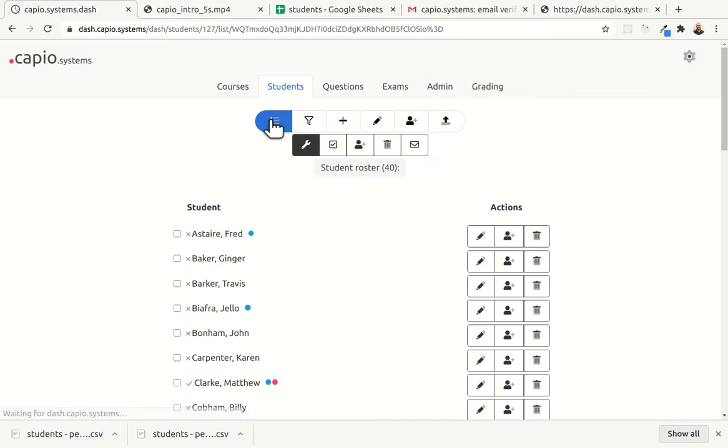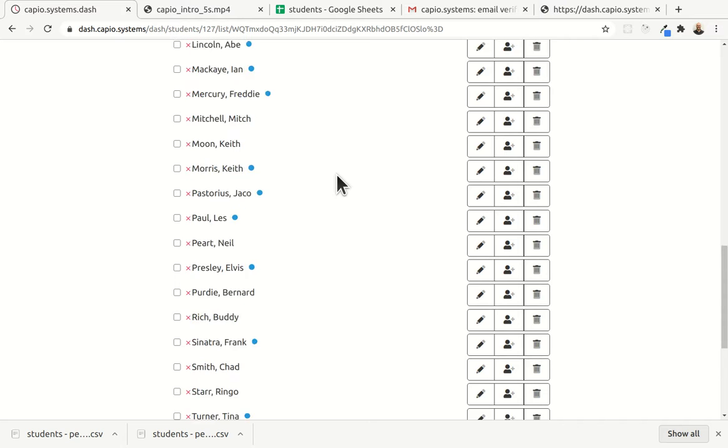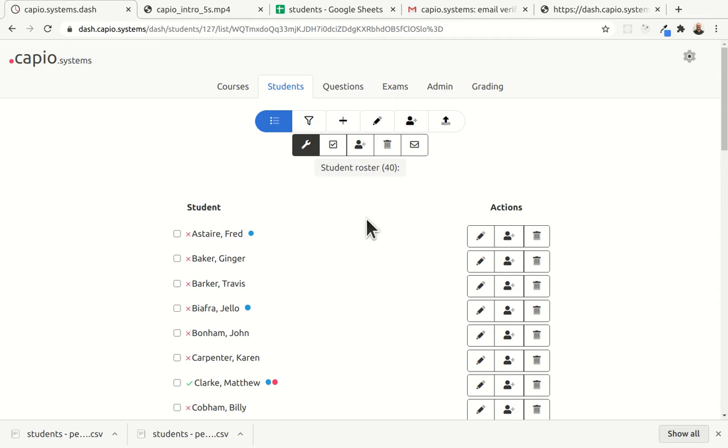Now when we go back to our list view, we see we have 40 students in the system here. And once again, if you had to go through and individually add these ones to the second course, that wouldn't be very convenient. So we're going to do what we did last time and go to our filter